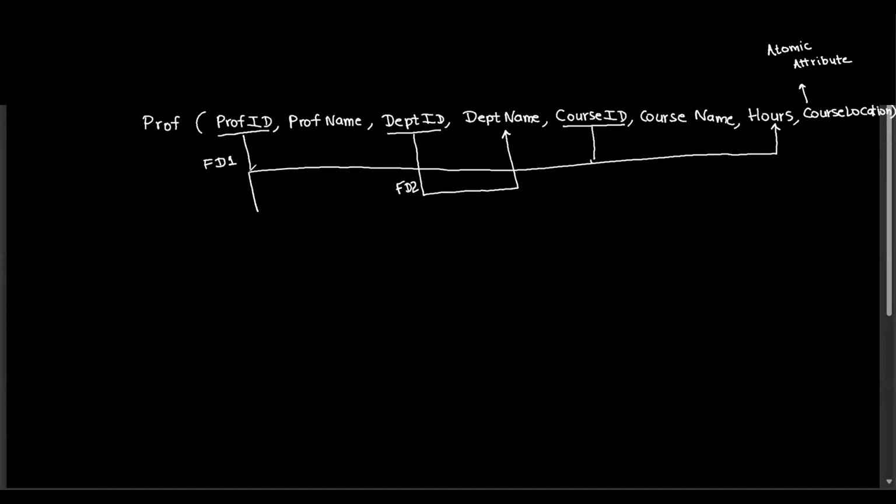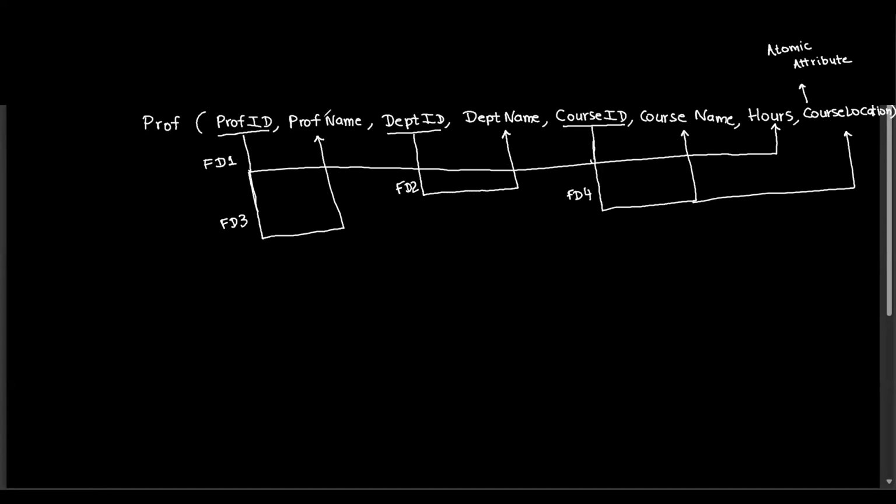Prof ID functionally determines prof name. That is another FD. And course ID functionally determines course name and course location. That is FD4. These are the four FDs they have given us. But the primary key, they are saying, is prof ID, dept ID, and course ID altogether. Well, here we can clearly see